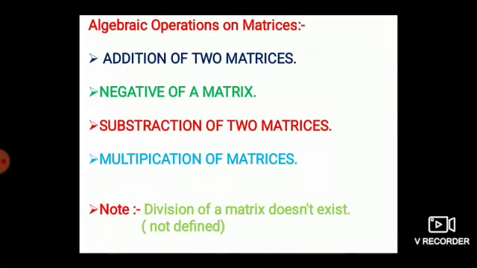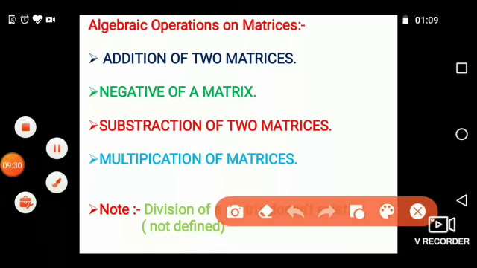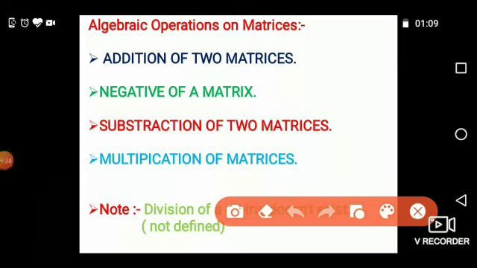Now, so far we have seen the elementary aspects of matrices. Hereafter we are going to study some algebraic operations on matrices. Students, we know there are basically 4 algebraic operations: addition, subtraction, multiplication and division. In this topic, we are going to study algebraic operations on matrices like addition of 2 matrices, negative of a